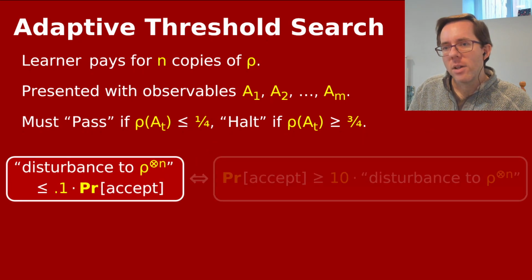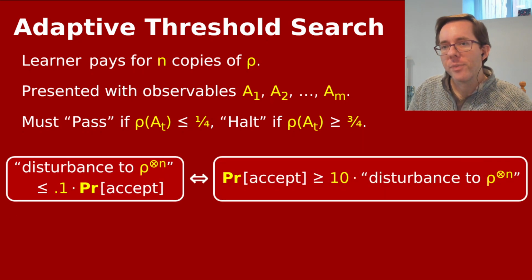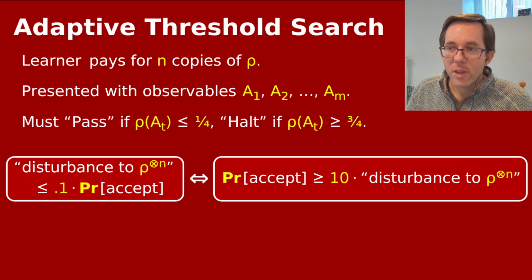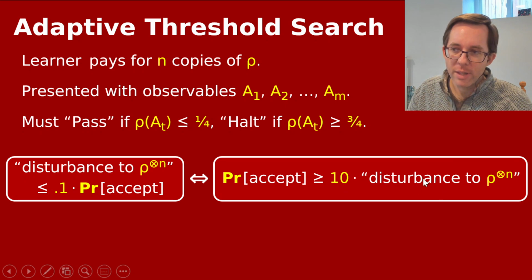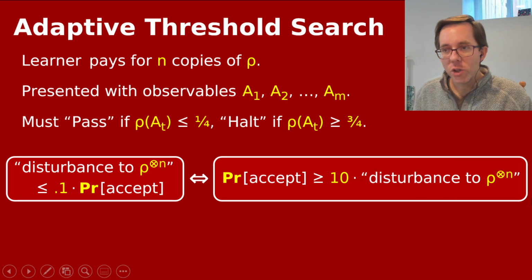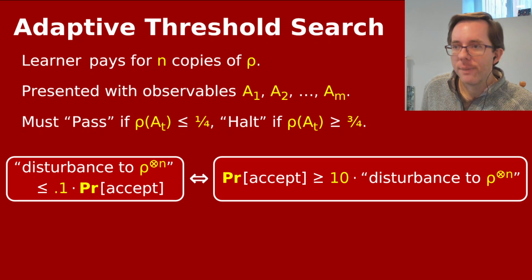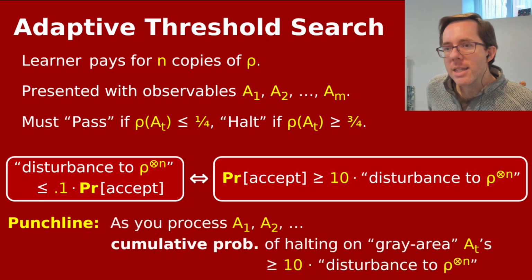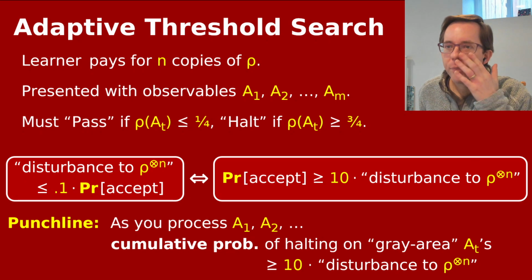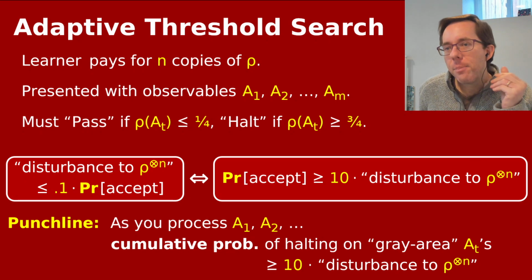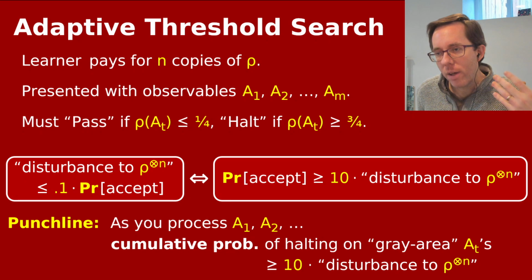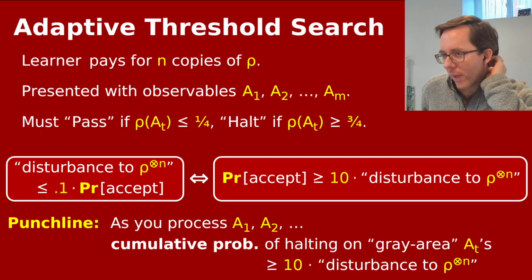Well, let's see. So let me just rearrange this. This is equivalent to saying that the probability of accepting should be 10 times bigger than the disturbance. And why, if we could achieve this dream, would it be good? The punchline is, suppose we somehow could achieve this dream, then as you process A1, A2, A3, and A4, your